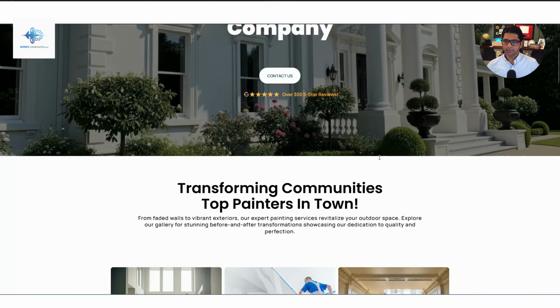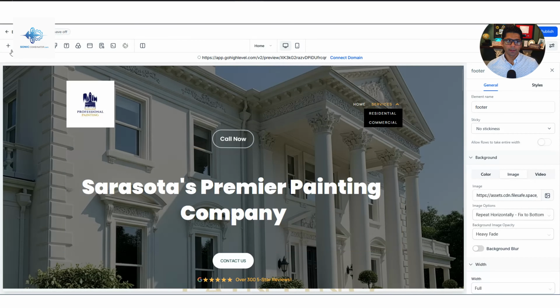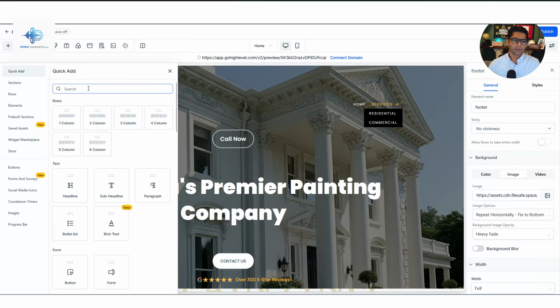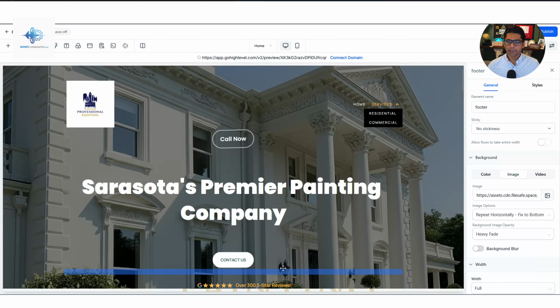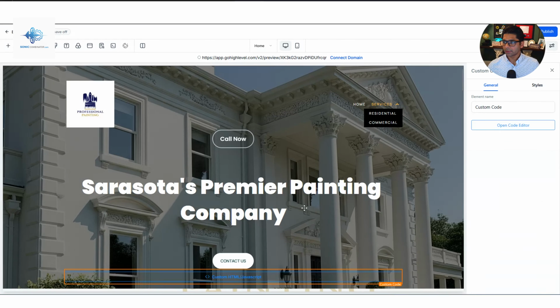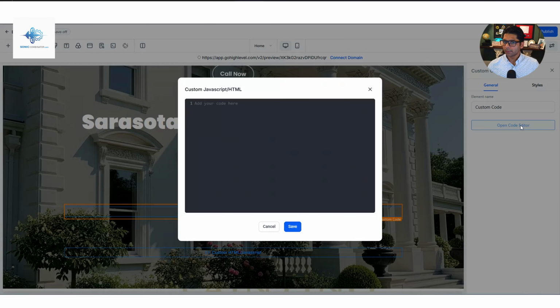Okay, this is our test website here. You can notice there's no chatbot, and once we put it, it's going to show up right here. So in the edit mode, go ahead to the plus sign on the top left, search for the word code, and then drag this box onto the site. It doesn't really matter where you're going to put it because this is just going to be HTML code. It won't show up except just in editor mode, and then click custom HTML JavaScript. That's where you just paste it in here. Go over to Open Code Editor, and then paste the code that you got from the chatbot itself, and then